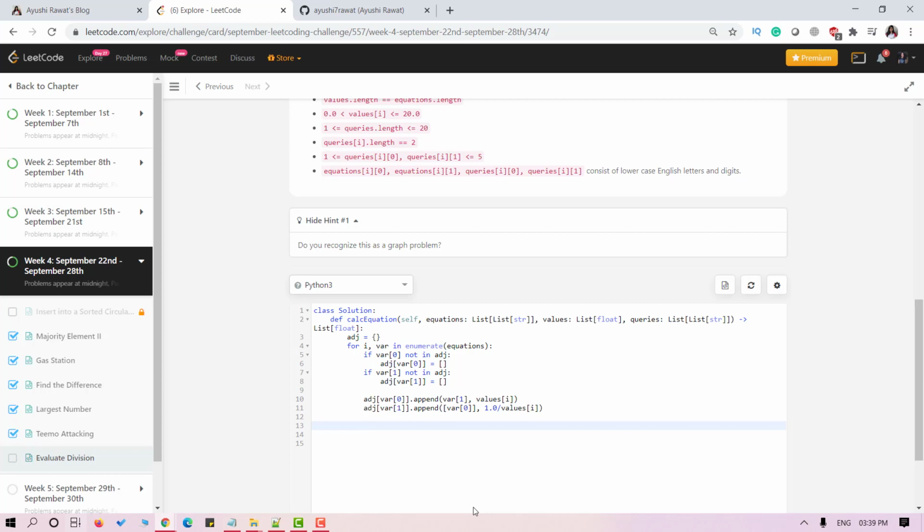Here, i represents the index and var represents the variable or value in the equation. Next, I'll initialize our output list here. Now, I'll iterate through the queries and process them.